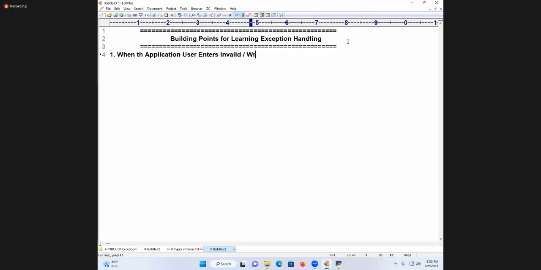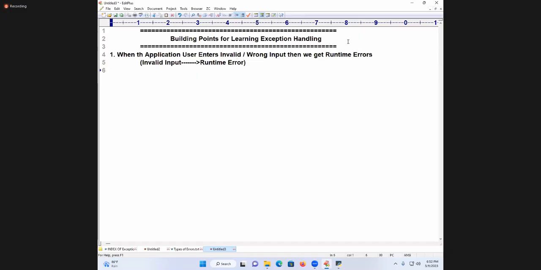Wrong input, then we get which errors? Runtime errors. So I will write in brackets for your clarity: invalid input gives what? Runtime error. For your understanding, the shortcut is runtime error.